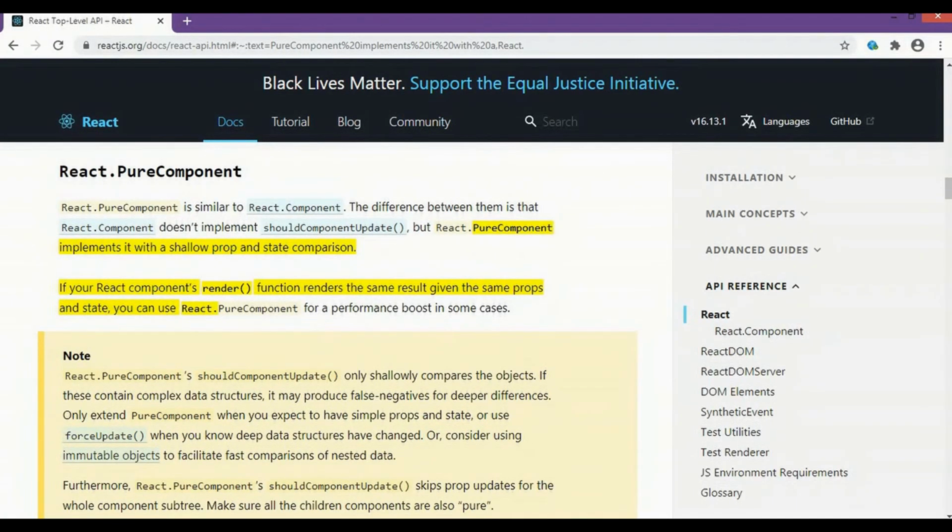Now what it is saying is that React.PureComponent is similar to React.Component. The difference between them is that React.Component doesn't implement shouldComponentUpdate, but React.PureComponent implements it with a shallow prop and state comparison. Now what is the shallow prop or state comparison? What is the shallow comparison?